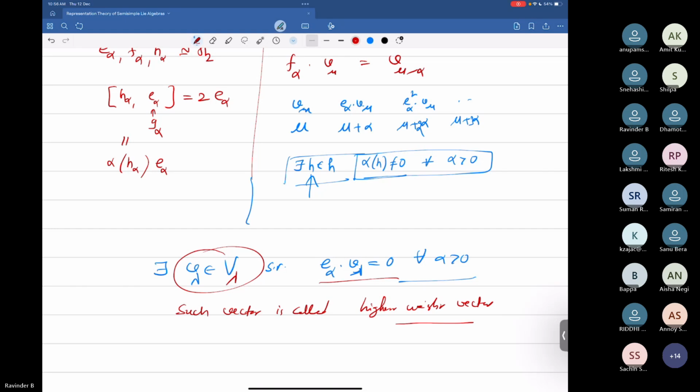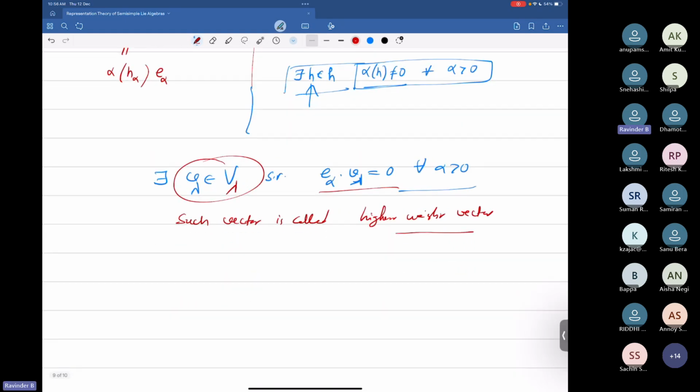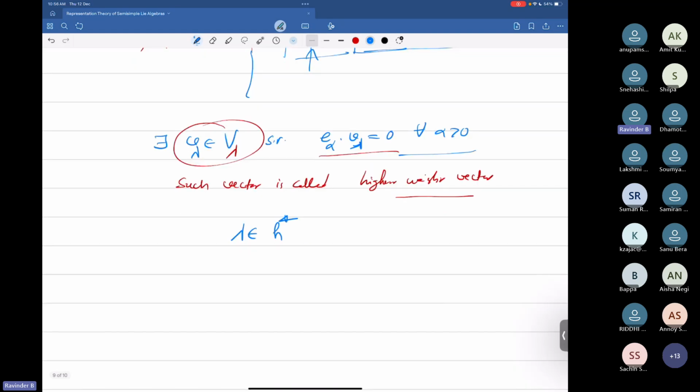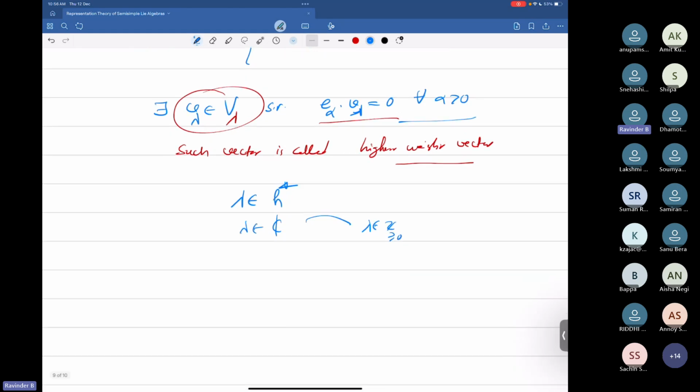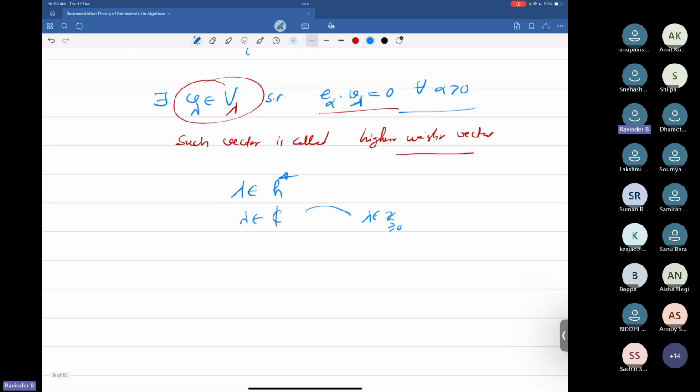Now you need one more condition. The highest weight lambda is in H star, and you have to boil it down to something called a non-negative integer. That's my analogy. You remember in SL2, at that time it was in C, but somehow it converted to a non-negative integer. If you want to mimic that argument,